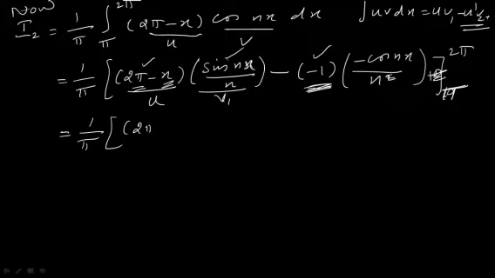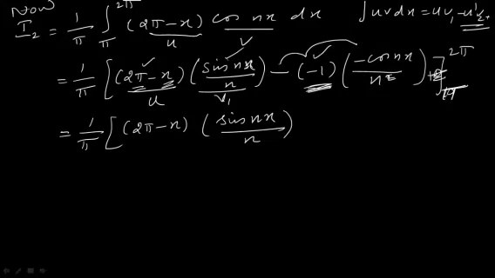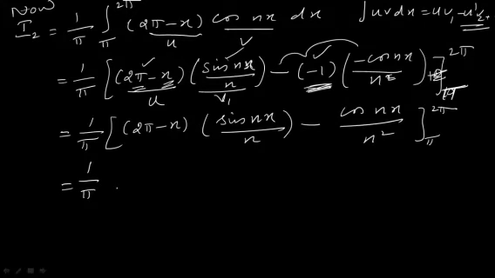So (2 pi minus x) of sin nx divided by n. Here you have minus and minus, so the minus term becomes plus itself, so minus cos nx divided by n squared, with the limit from pi to 2 pi. Let me now substitute the limit. First we substitute the upper limit and then go for the lower limit. So for that put a big parenthesis. Inside that you have 2 sub parentheses, one for upper limit minus lower limit, and close the parenthesis. So bracket is very important.